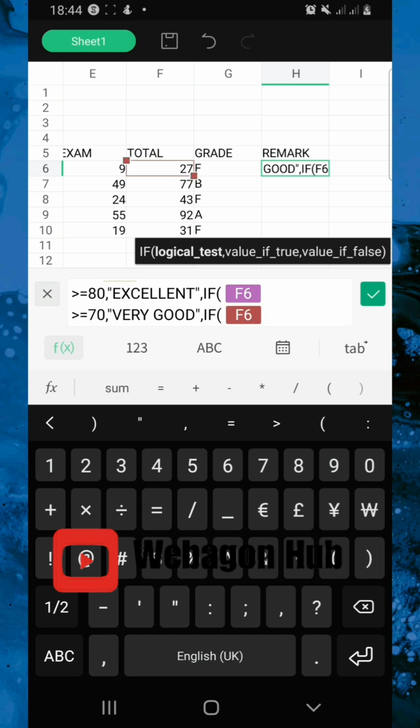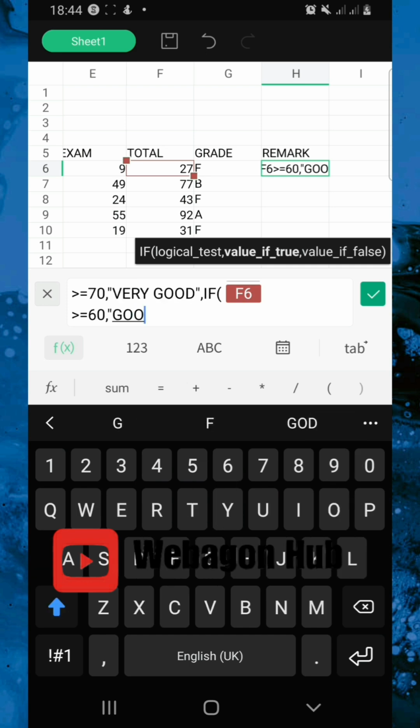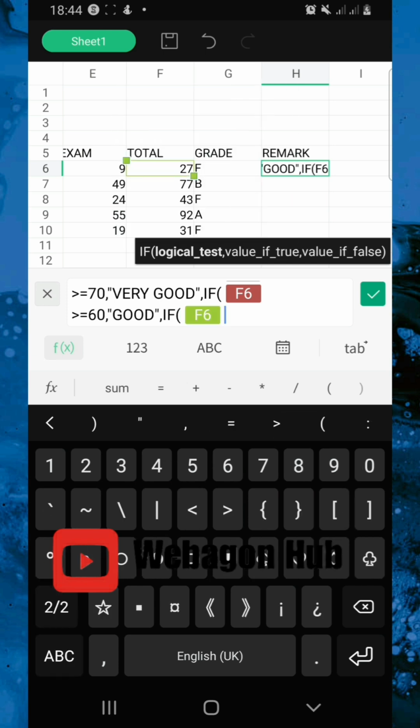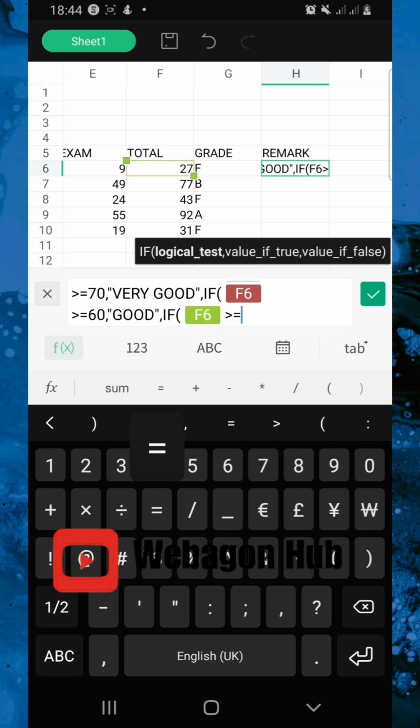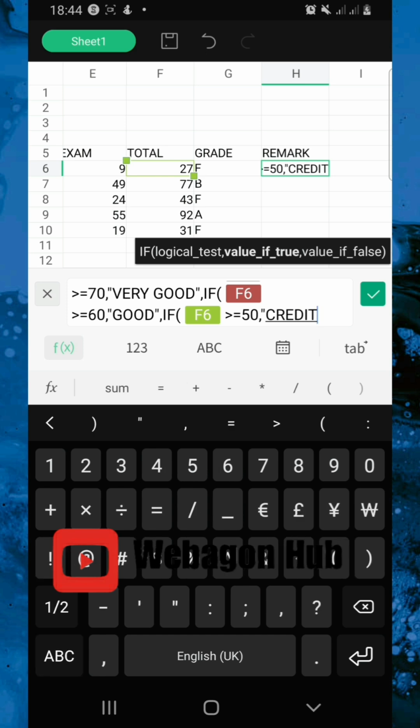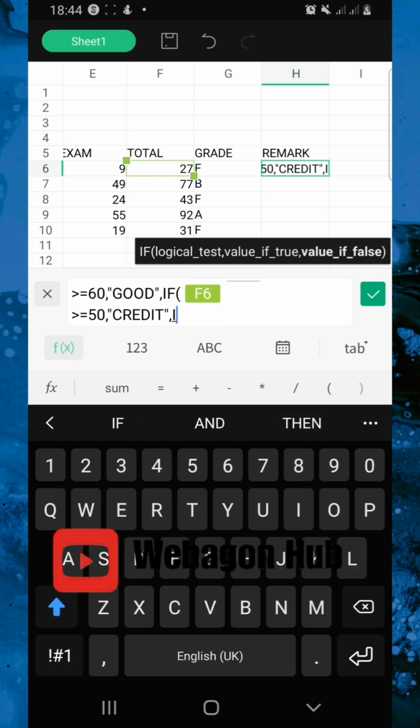bracket open, the total greater than or equals to 60, comma, quotation mark. So let's say good, quotation mark close, comma, if, bracket open, the same total greater than or equals to, let's say 50, comma, quotation mark, we have like credit, quotation mark close, comma, then if,